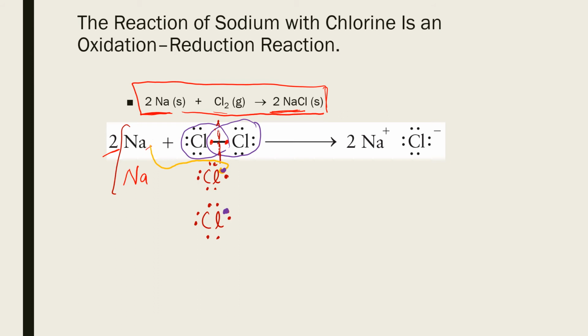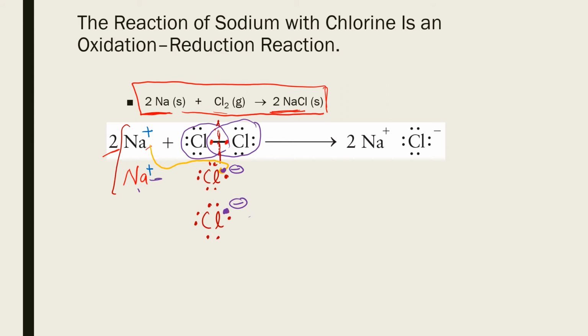Now loss of electron, we know that now it has less negative parts, so therefore these sodium atoms will become positively charged, and because chlorine atoms have gained the electron, they will become negatively charged,